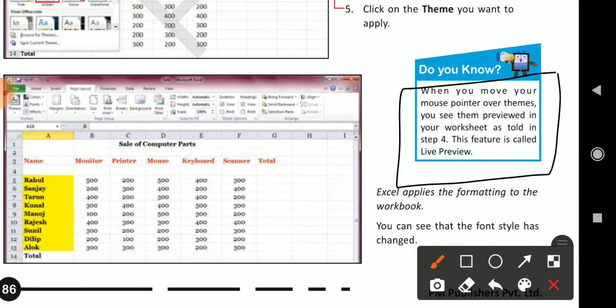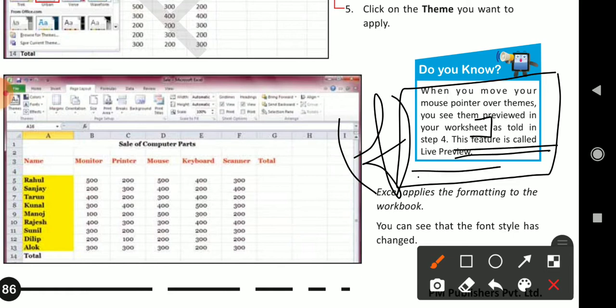As told in step 4, you don't have to write as told in step 4, till worksheet, and this feature is called live preview. Answer number F. Till worksheet you have to write, and after that you add this line: this feature is called live preview. Clear everyone? Starting from when to worksheet, and then this feature is called live preview.